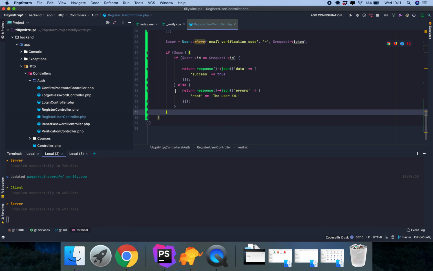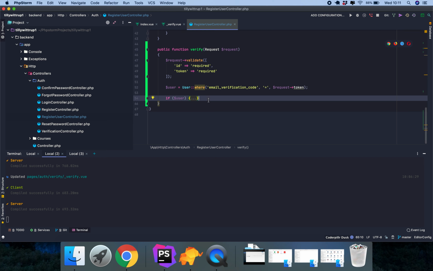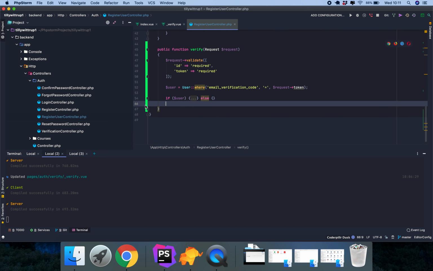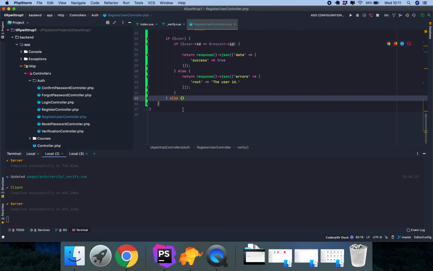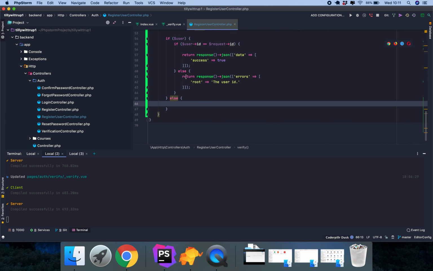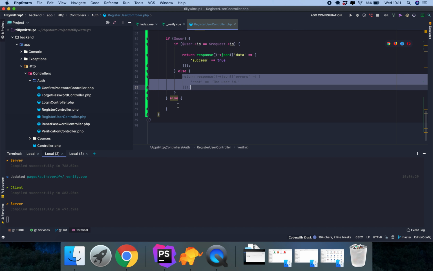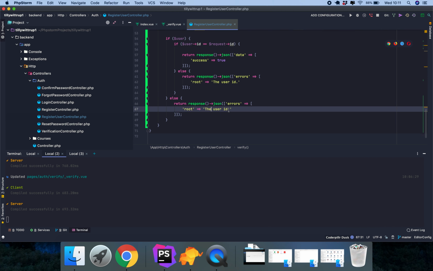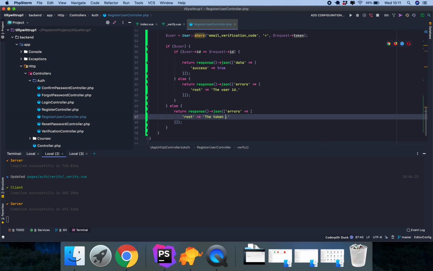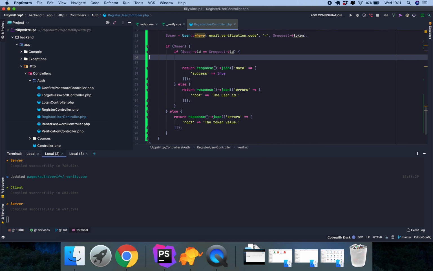So in here, let's call this function here and just say with the token instead. And then we want to call this user variable, and we want to say